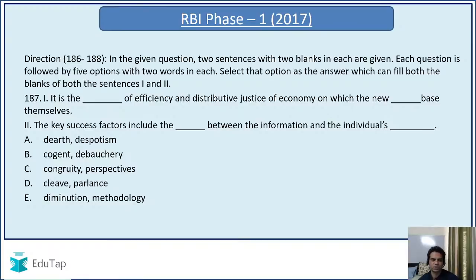All right, coming to the next question. It is the dash of efficiency and distributive justice of economy on which the new dash base themselves. The key success factors include the dash between the information and the individual's dash. It is the dearth of efficiency, cogent of efficiency, congruity of efficiency, cleave of efficiency, diminution of efficiency, and distributive justice of economy on which the new